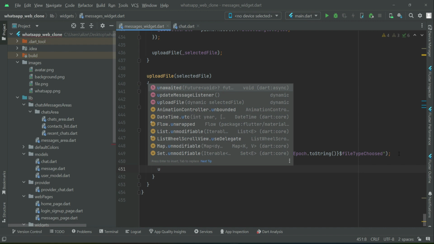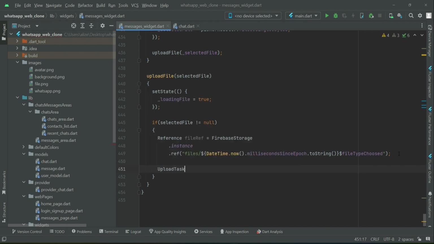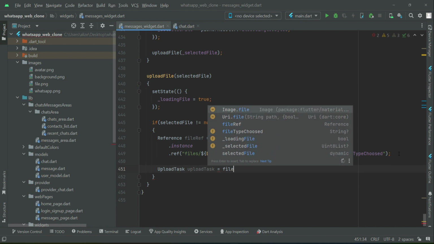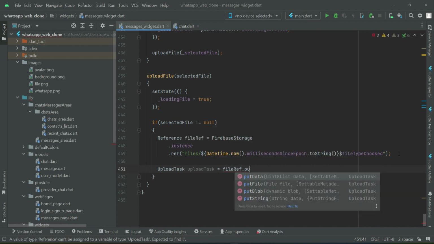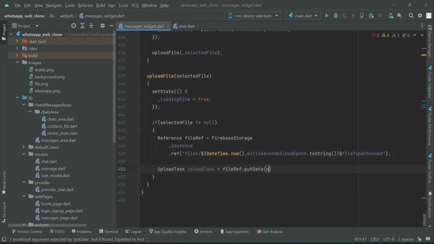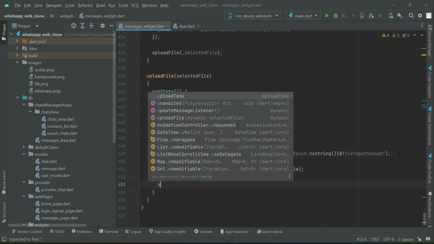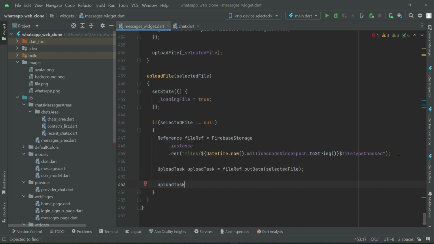So now let's start uploading. We can say upload task, file reference dot put data, and our selected file which we want to upload. Then we will say upload task dot when complete. When the uploading is completed,